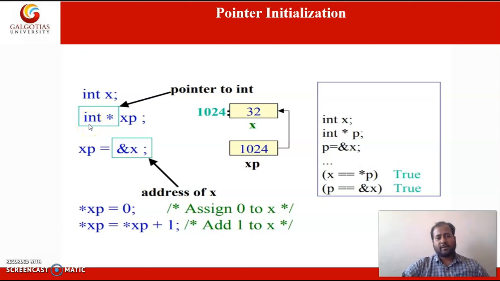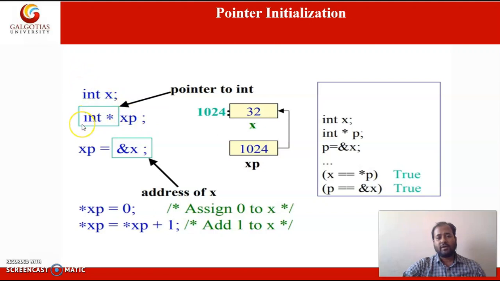So as I said in the previous slide that star is used to identify whether a declared variable is pointer or the normal variable.